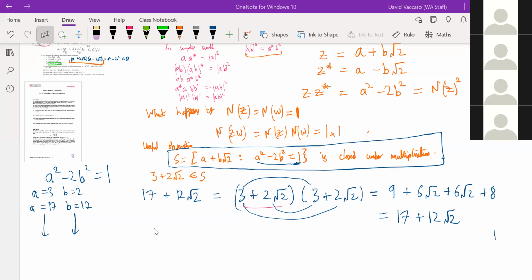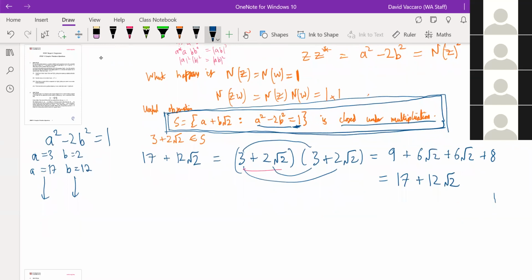It's this blue box here. Look at what this blue box says. It says that S is closed under multiplication. So if we find an element of S and we multiply it by another element of S, we get a new element of S. Okay, now 3 plus 2 root 2 is in S,